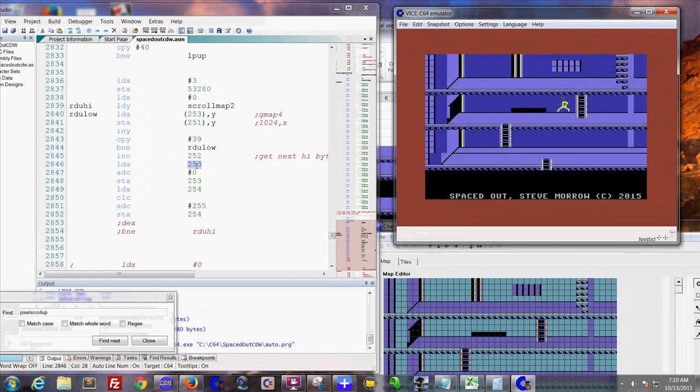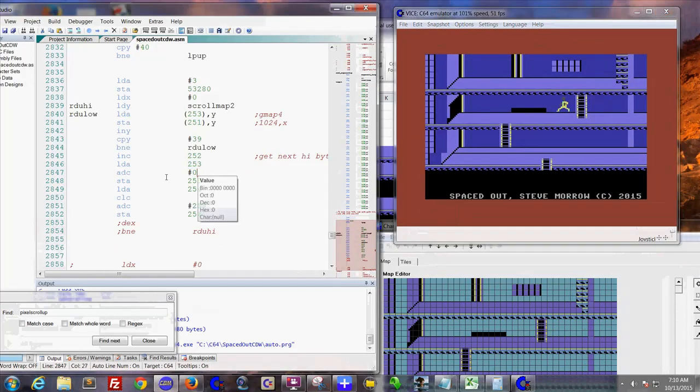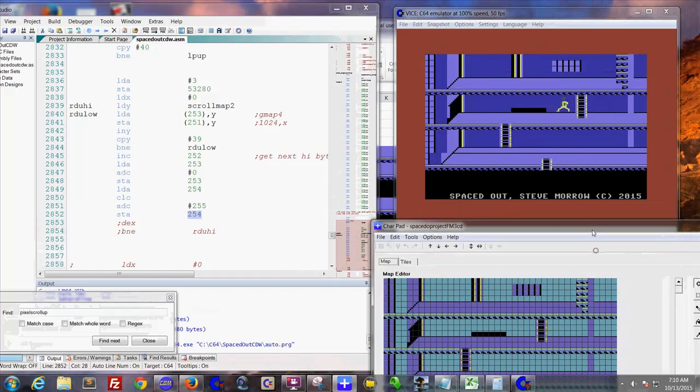And once we have that, then we're going to add the high byte to that value so we can get the next high byte value. Because we're scrolling down the screen, we want to be able to read all the data. Oh, I'm sorry, that's the low byte. Get the low byte, and then take the value from there, and you carry the 255 into the high byte, because if you look over here on my character pad,